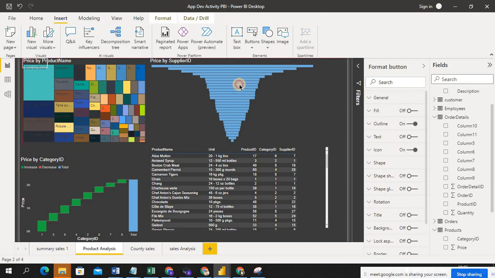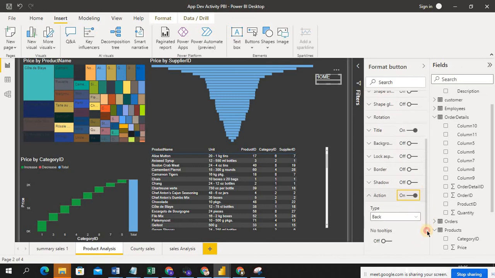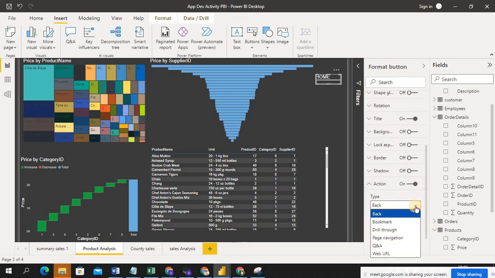You just give the name of this button, the title I'm giving here as home. Next, in the action, there is a back option and page navigation, right? This is good practice, guys. Page navigation: which tab do you want to go to? The summary tab. Okay. Just enter.